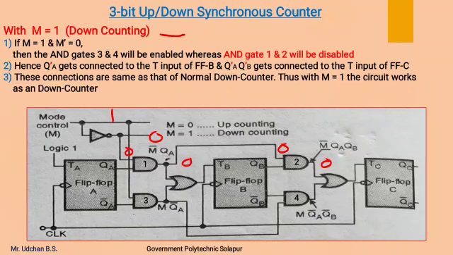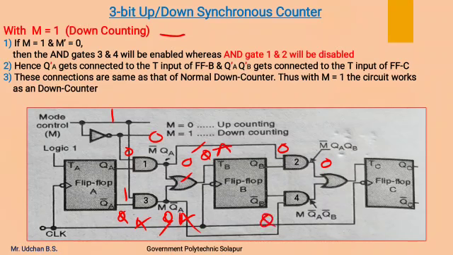And with M1 which is connected to AND gate 3, it will output QA. So this 0 and QA will be ORed with this, which will give QA and which is connected to TB,